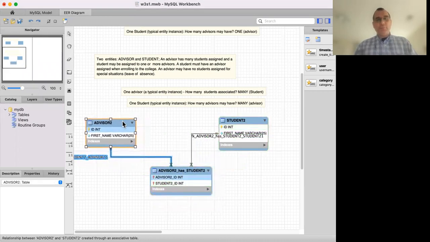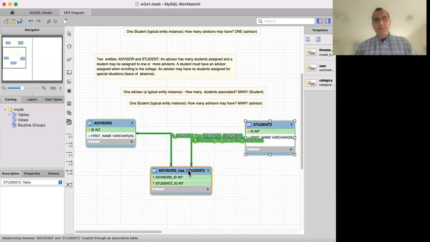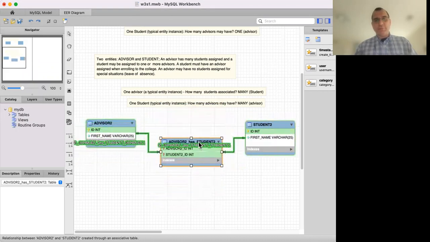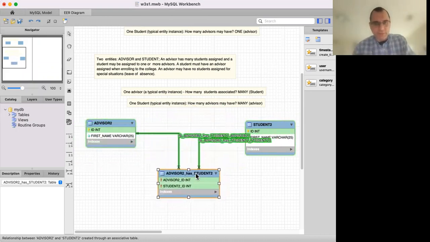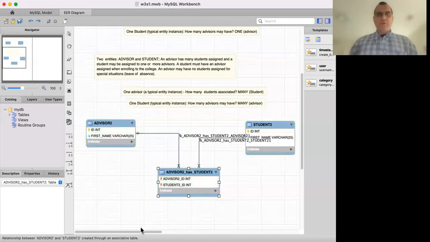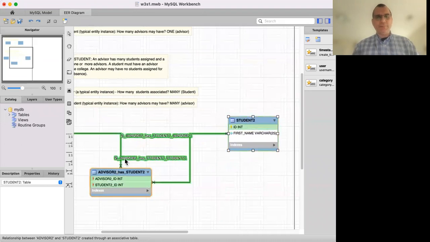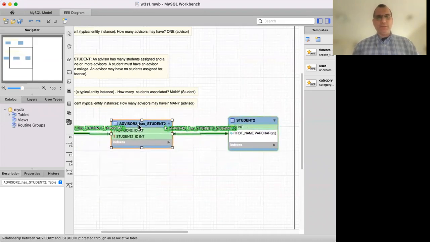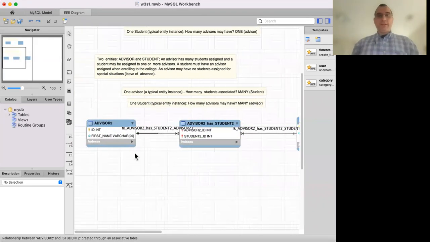So let me put it in a much nicer way here, because I don't like how the relationships are represented. Normally what I do, and that's what we'll do, is make space between them, then they will look much better. But you are not done. So we just started now to make the